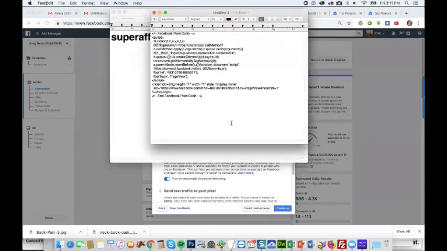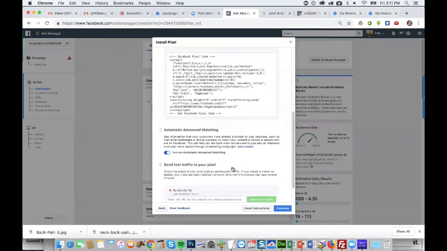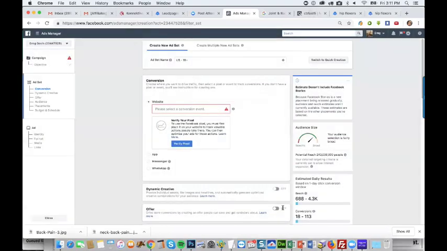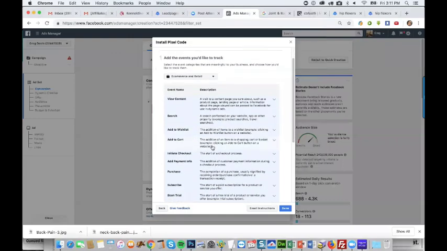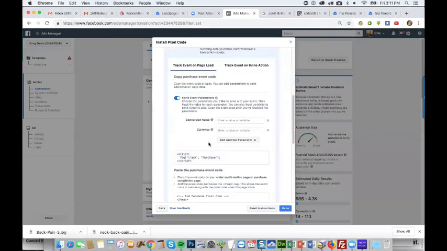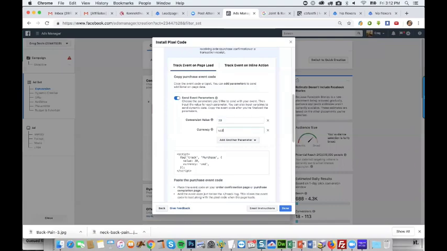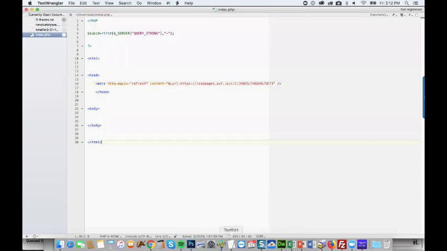All right, so this is our Facebook pixel right here. And then also for the sale, we need to get some other code here real quick. So what we want to do is purchase. We want to do a purchase. And so the purchase, let's put the value of, I can't remember how much that thing was, but let's just say it's $30 maybe that we got paid. USD. All right, so we're going to need to send this to the people.